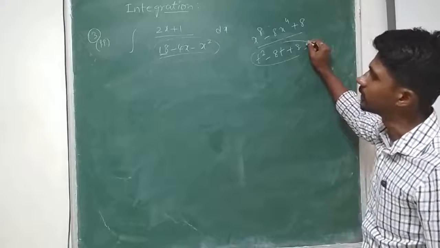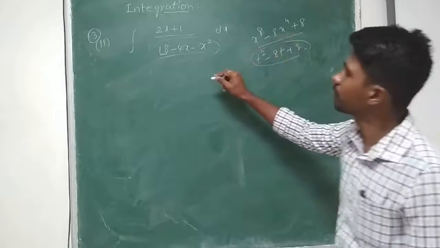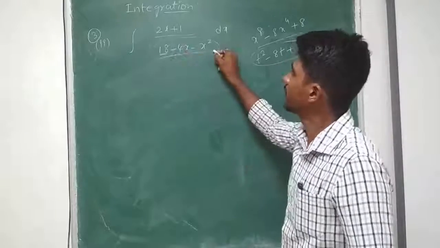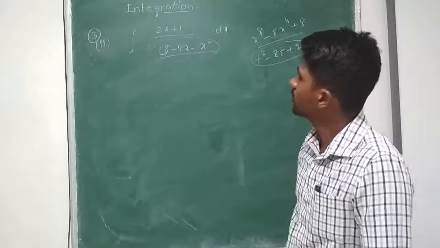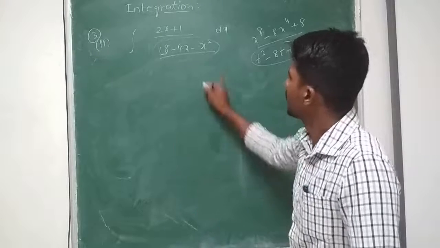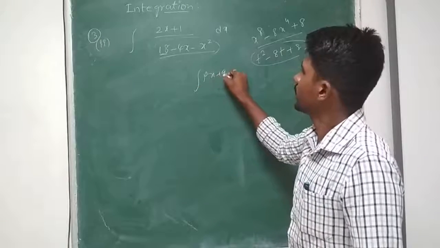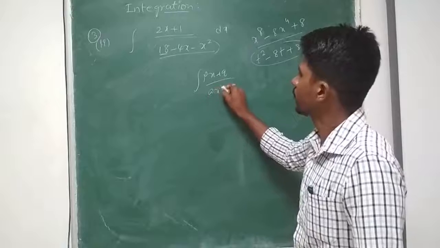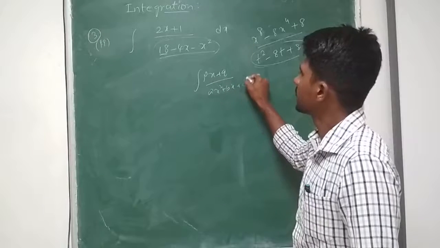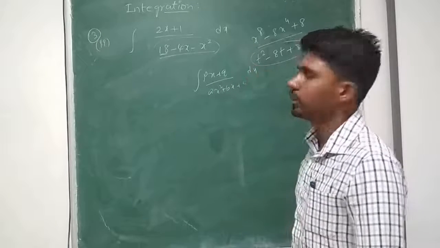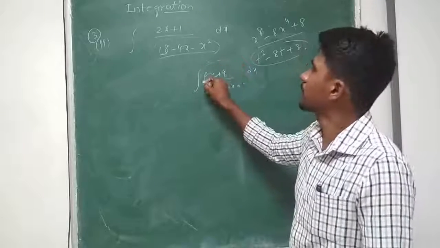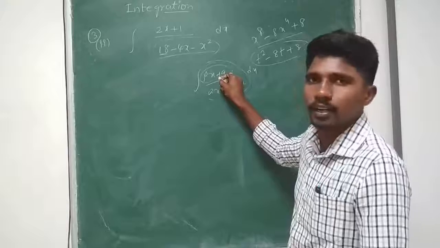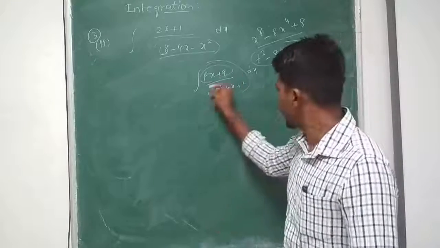Right. You check whether it is in a quadratic expression form or not. Yes, the denominator is a quadratic expression, and I have a numerator like px plus q. So this comes under the form integral px plus q by ax square plus bx plus c dx. If the problem is in this particular form, what to do? We have to express this px plus q as a into f dash of x.